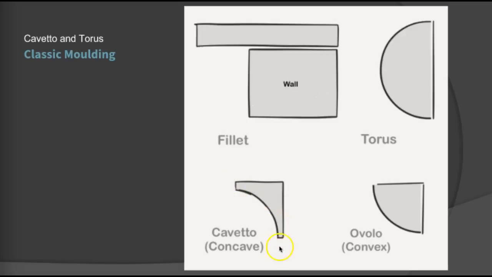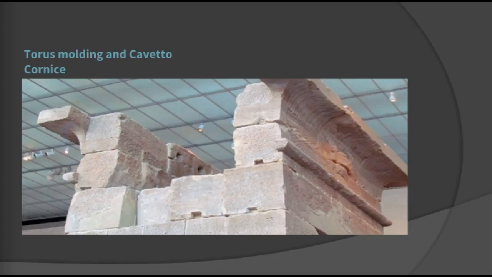This is a cavetto piece of molding. It means concave. And an ovolo piece of molding means convex. We also have a torus kind of molding. Essentially, all that means is you apply it flat right to the surface. So this is an example of the torus molding. The torus molding is being applied directly to the wall itself, and the cavetto cornice here is that fillet, and you can even see the way that this is sitting across the stone here,